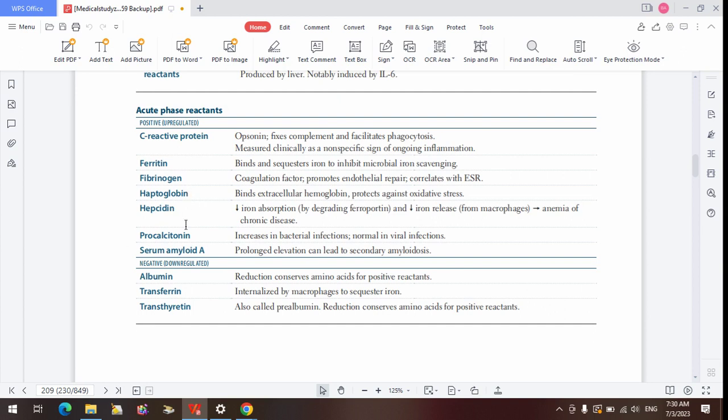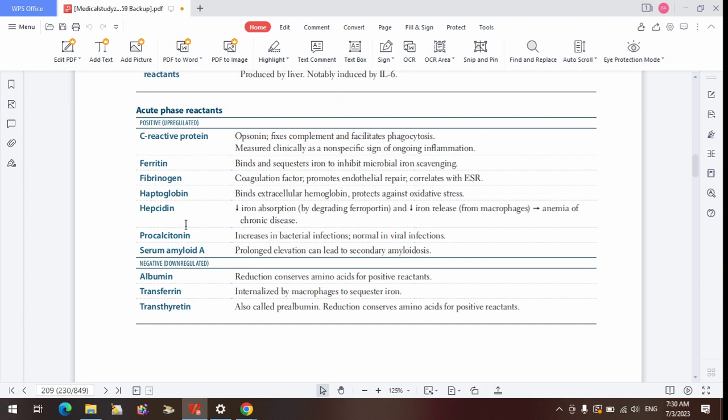Haptoglobin is another one. Haptoglobin is just a protein that helps to chelate hemoglobin. So if there's any cause for hemolysis, and you have release of hemoglobin into the blood,